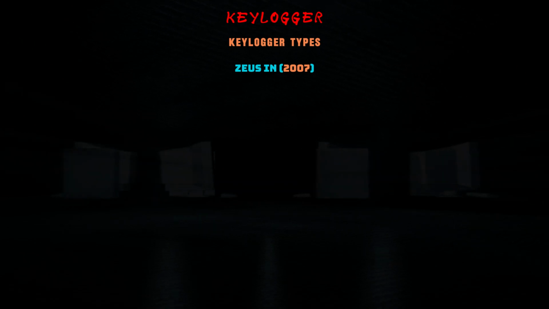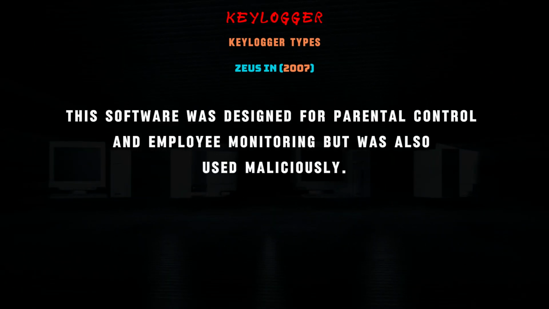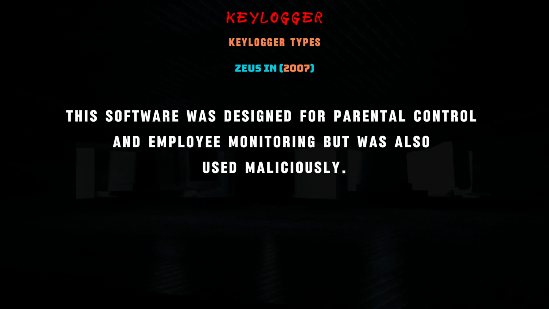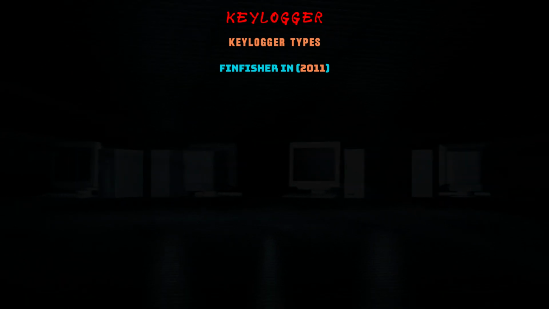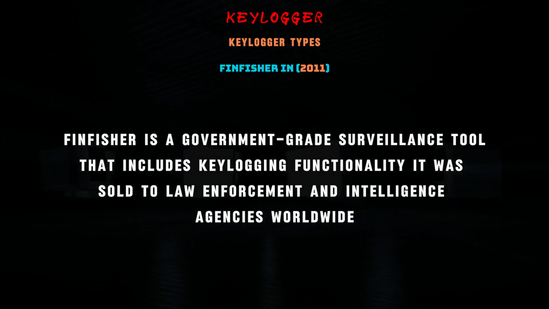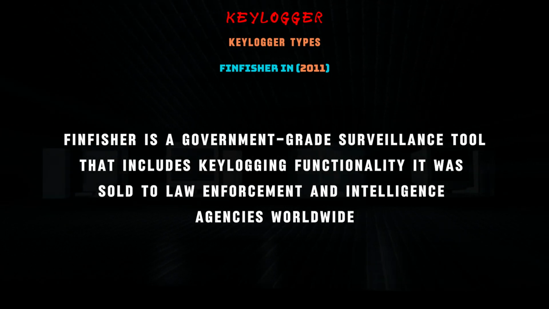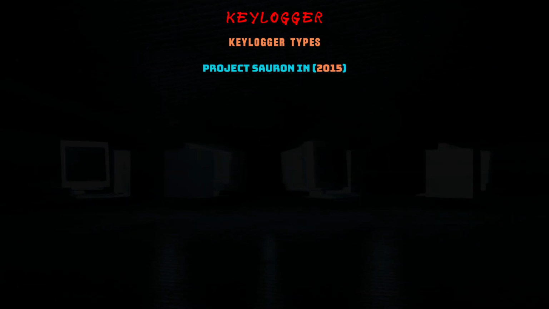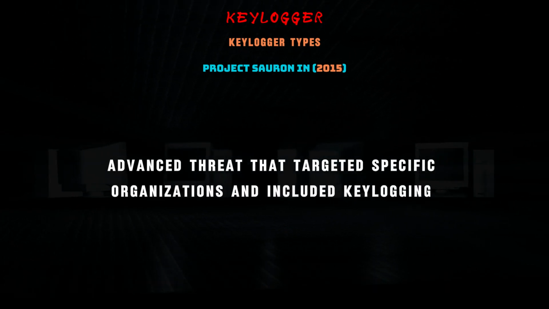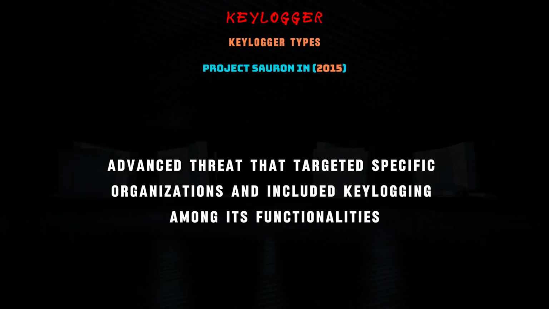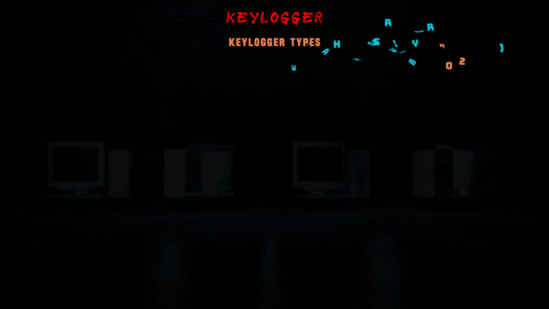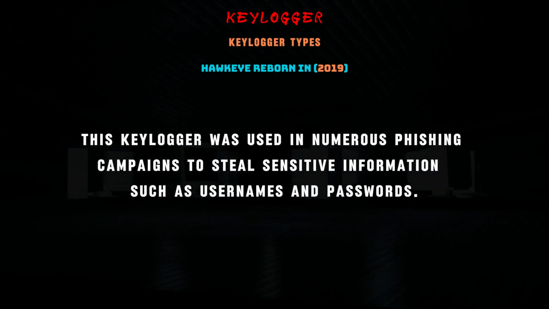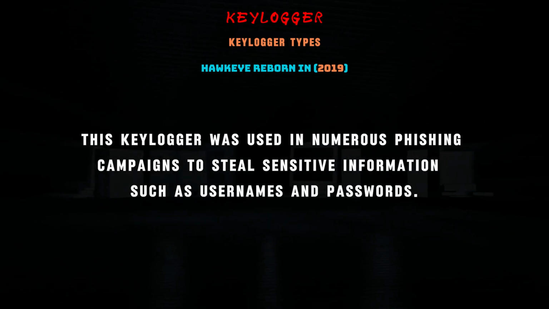Zeus. In 2007, a highly sophisticated keylogger that targeted banking information. It was responsible for numerous large-scale data breaches. FinFisher. In 2011, FinFisher is a government-grade surveillance tool that includes keylogging functionality. It was sold to law enforcement and intelligence agencies worldwide. Project Sauron. In 2015, an advanced threat that targeted specific organizations and included keylogging among its functionalities. Hawkeye Reborn in 2019. This keylogger was used in numerous phishing campaigns to steal sensitive information, such as usernames and